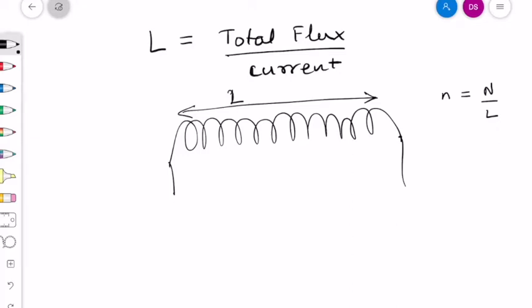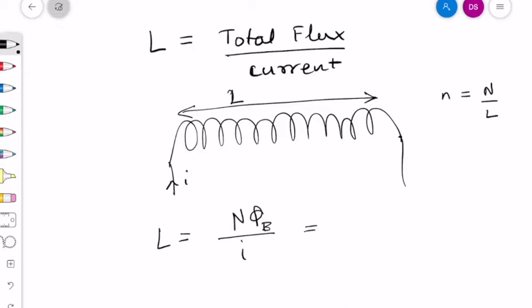This is all stuff that you've seen before. Okay, so we're going to do total flux over current to get the inductance, right? Let's say the current flowing through the solenoid is I. So the total flux would be N multiplied by the flux through a single turn, right? So that would be the total flux, divided by I would be the inductance, right? Okay, now let's calculate N. So in terms of little n, N is,